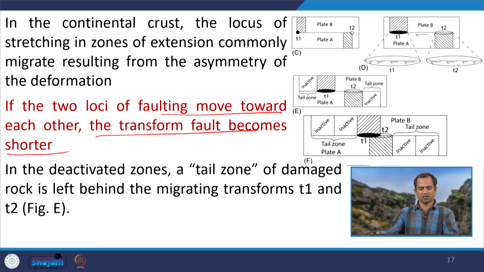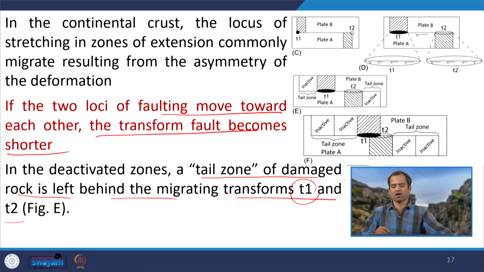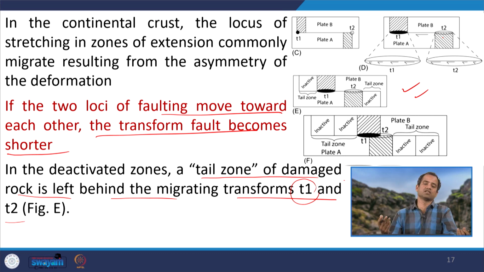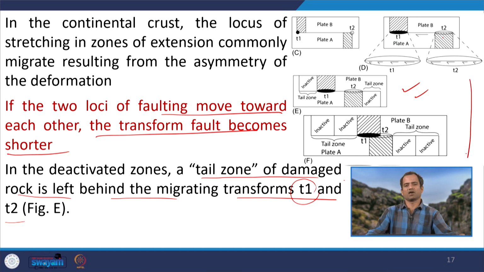In the deactivated zone, a tail zone of damaged rock is left behind, migrating the transform fault from T1 to T2. For example, if you see here how the length of the transform fault is either increasing, decreasing, or remaining constant, that has been explained here, taking T1 and T2 as examples. If they are moving towards each other, the length is decreasing. So, in this way the transform fault length will vary, that